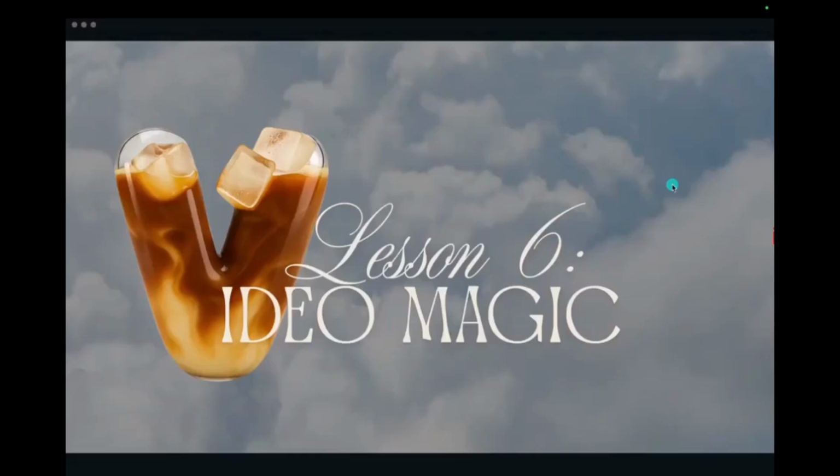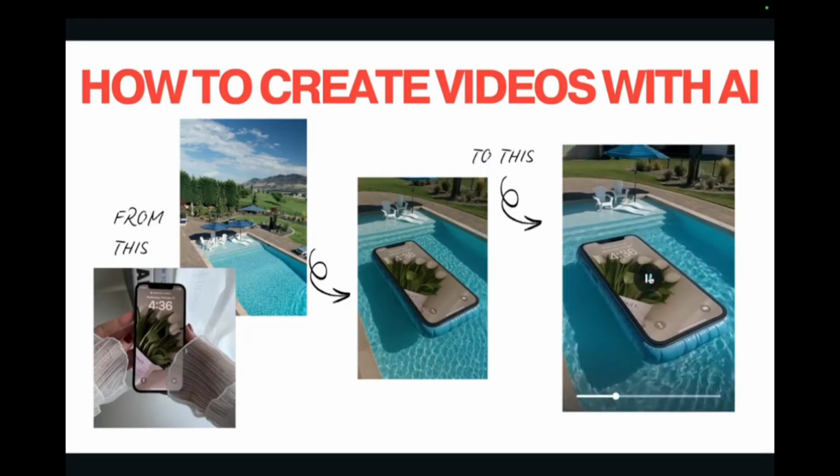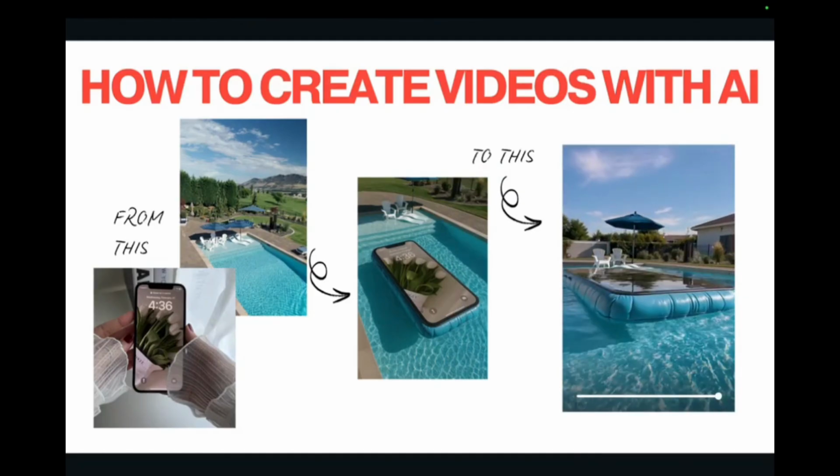So good luck. With your image skills in place, it's time to bring them to life as videos. Great. Now we know how to create images using AI, and we will move forward to making a video out of them. A quick reminder of how we do it. Here is an example I created from my image, the screensaver with this pool. I asked for this phone to be a floaty, flowing in the pool, and this is the video it generated. I don't know if you can hear it, but there is also a sound.